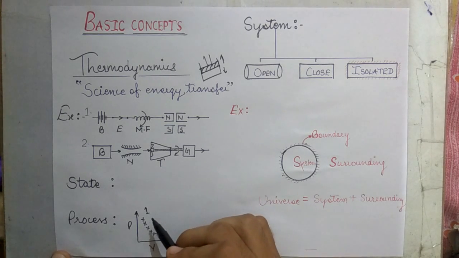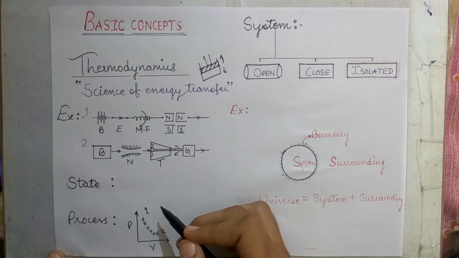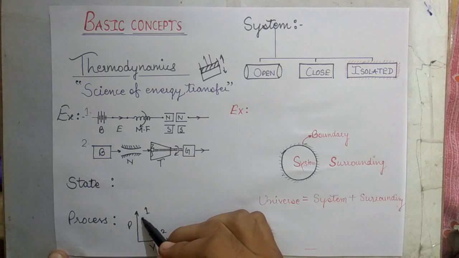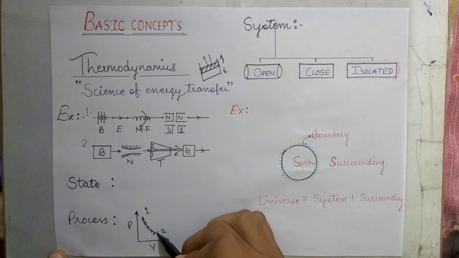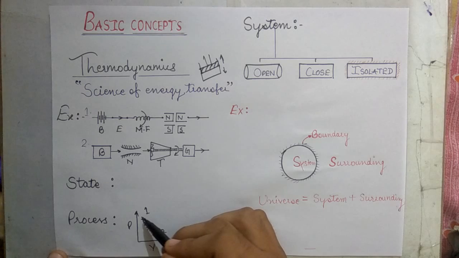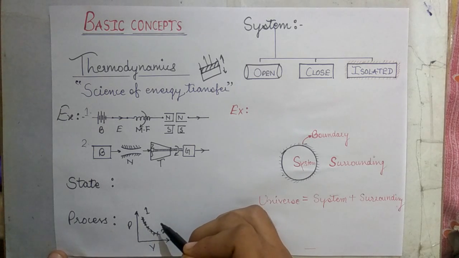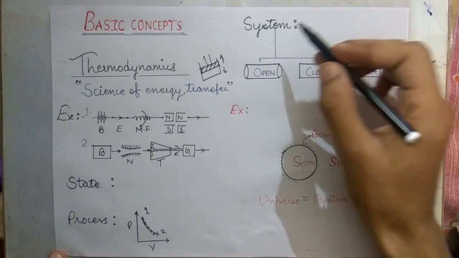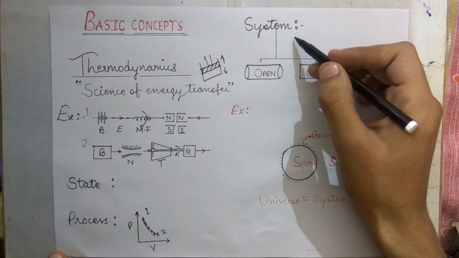So all these states I get are different small thermodynamic equilibrium states, and constantly when I join these, I get a whole process from state 1 to state 2. Okay, so a process is generally what shows the change in the state of a system on which we are doing thermodynamic study.